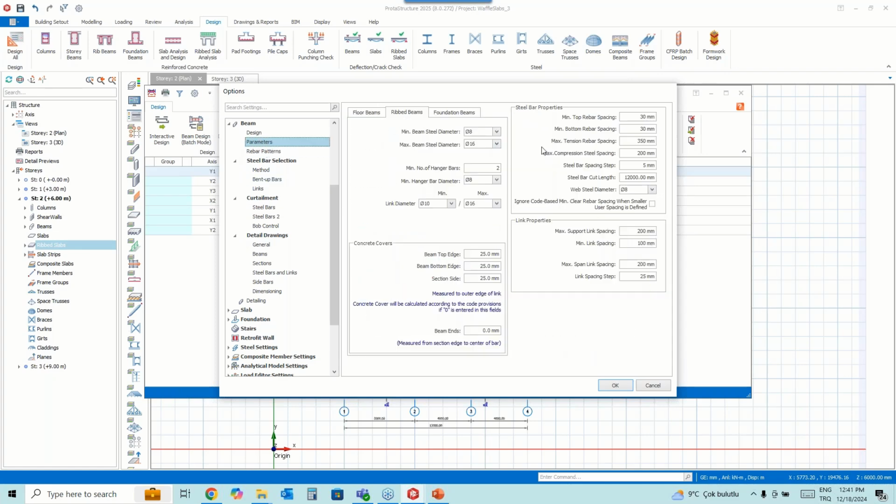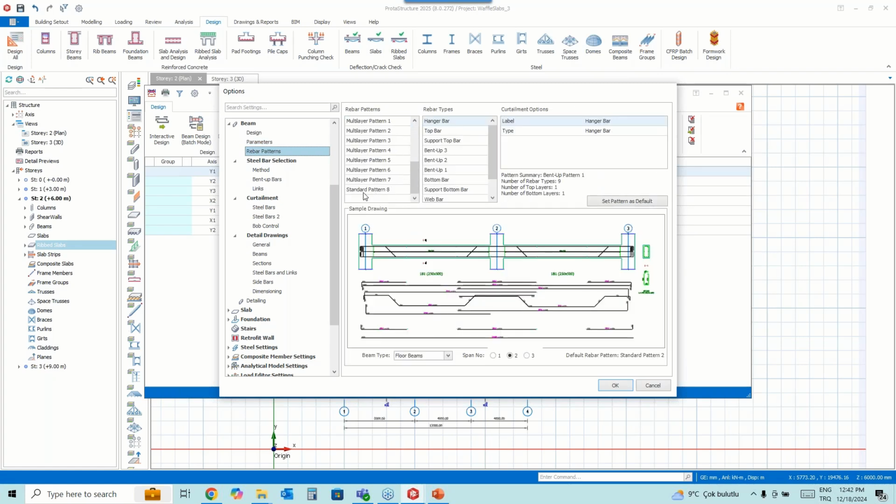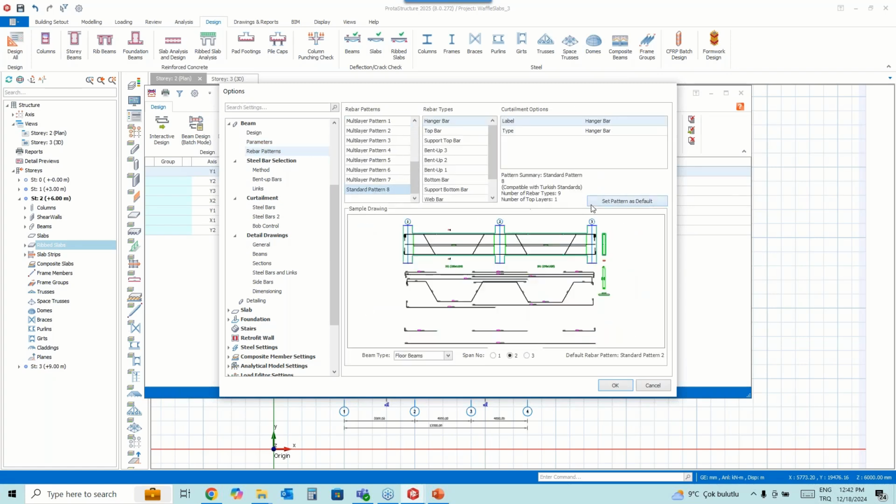Okay, so rebar patterns. You can select the standard pattern 8, and you can set this as a default. But again, please make sure that you select the rib beams, or this adjustment will be done just for floor beams.